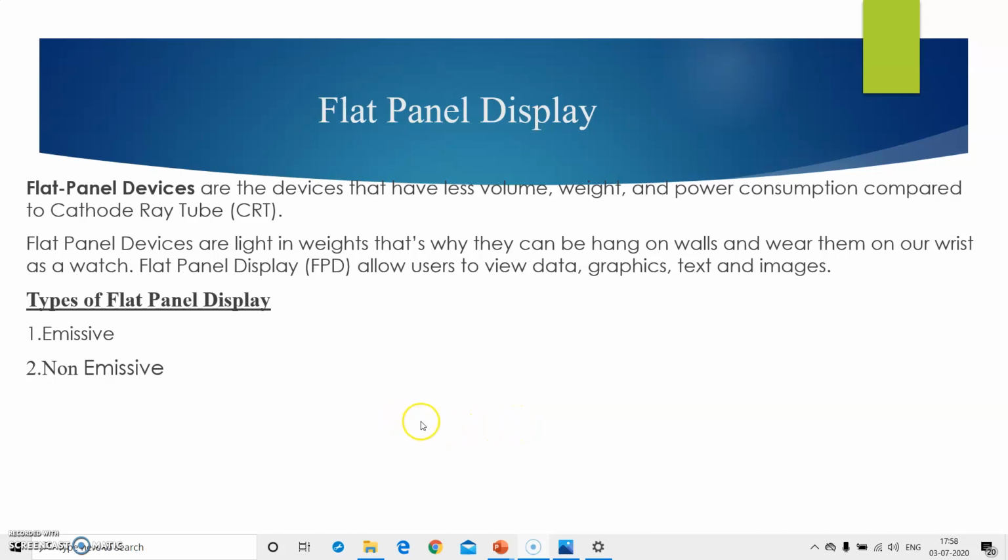Flat panel devices are light in weight, that's why they can be hung on walls and worn on our wrist as a watch. Flat panel displays allow users to view data, graphics, text and images. The main two types of flat panel display are emissive display and non-emissive display.